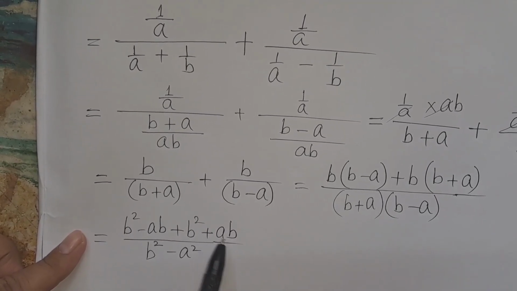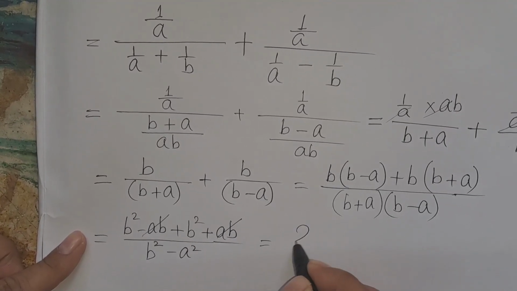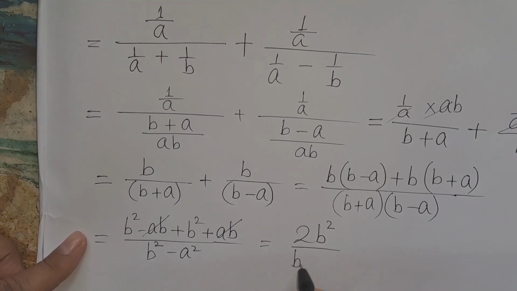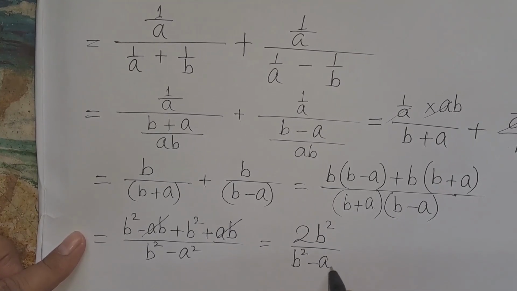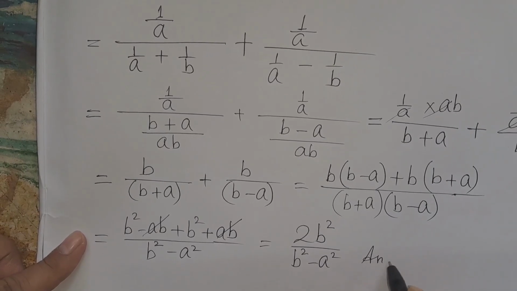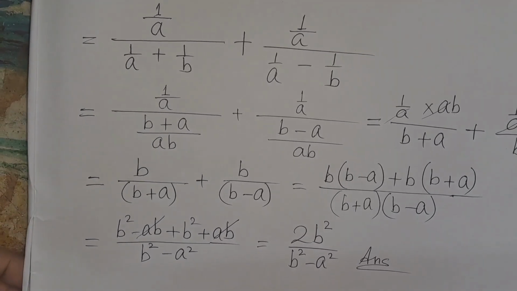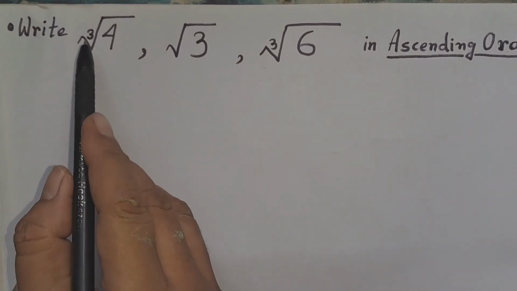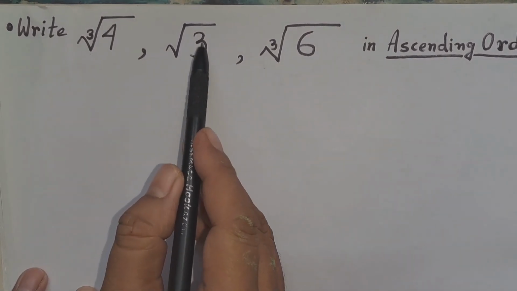See here there is 2ab, one with minus, one with plus. So plus ab and minus ab will be cancelled, and b square will be added as 2b square, and the denominator is the same, b square minus a square, and this is the final answer. Okay, got it? Hope you understood. Now the next one: